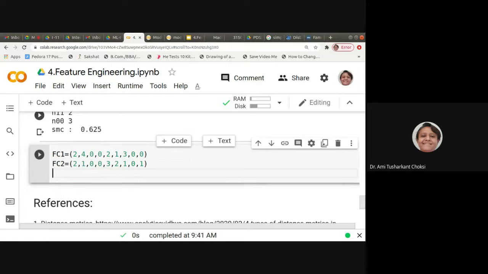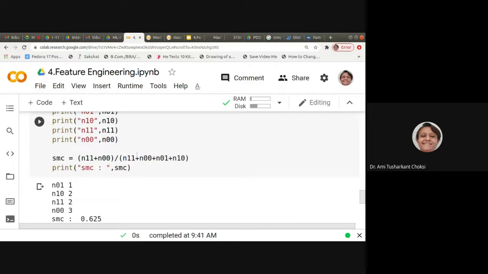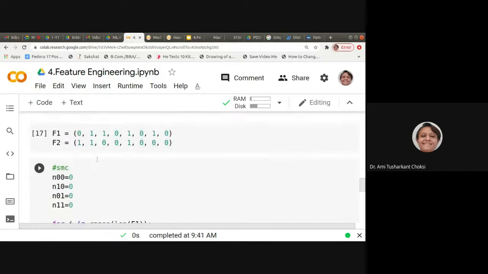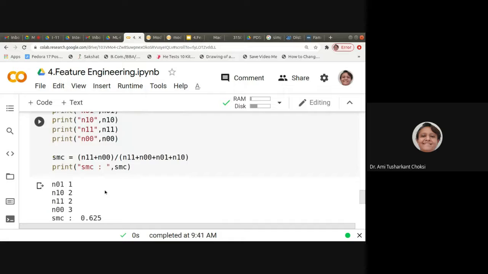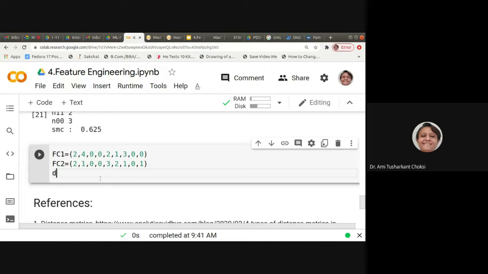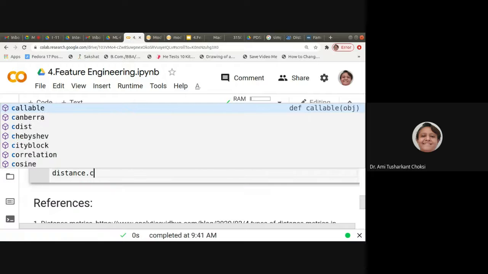Now what we want to have is the distance. Which distance? We want the cosine, right? The way we are using distance.euclidean, we'll be using distance.cosine, right? Here it is available.